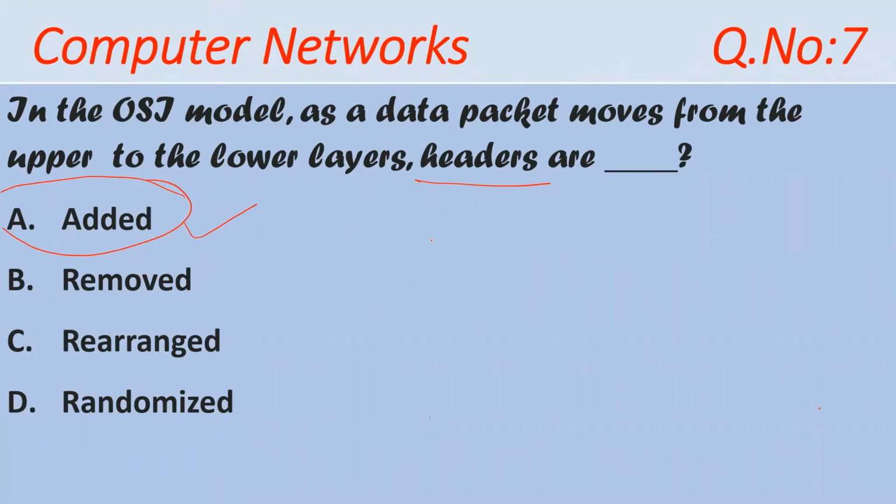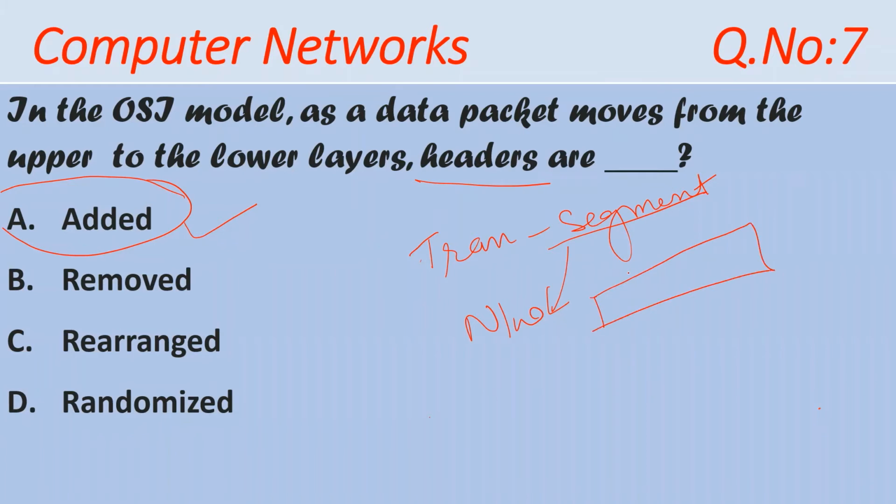For example, the protocol data unit of the transport layer is a segment, or we also call it the datagram. The layer below this transport layer is the network layer. So the transport layer will give the segment to the network layer, and the network layer will add a header to it and make a packet. So it will add a header to the segment that it received, and this entire protocol data unit at the network layer is called the packet.